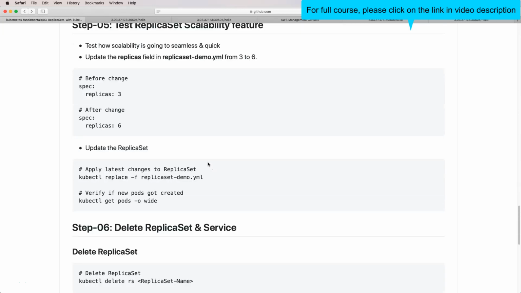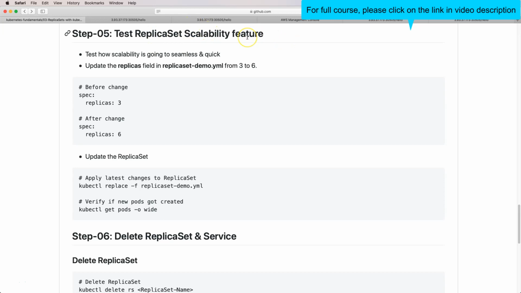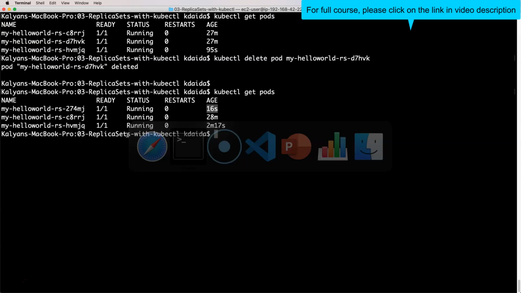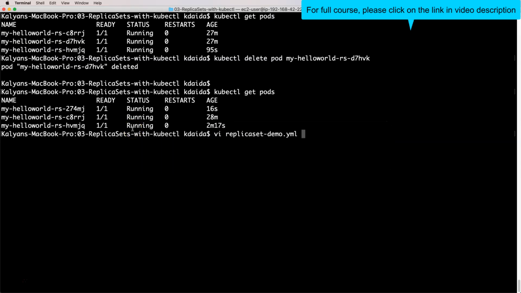The next concept is the replica set's scalability feature. We can simply scale our replica set just by updating our spec here. So let me go here, and this is my replica set.